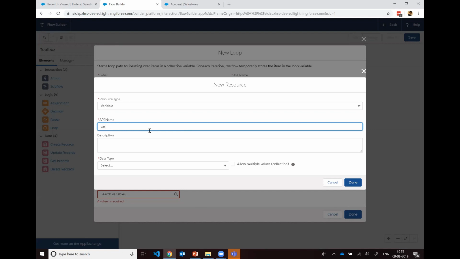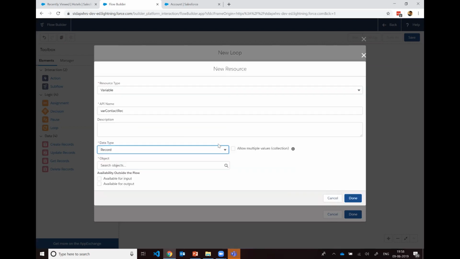So I'm going to say where contact record. Because what it's going to do is iterate over a list of contact records and put values in the where contact record. Now this type also has to be a record, because the value coming out of the list and the value stored in this variable should match. That's the reason why we are saying